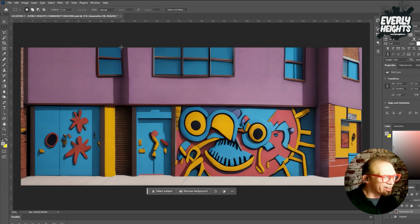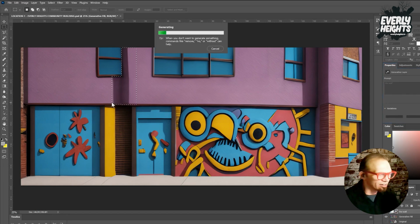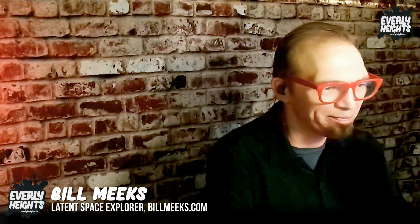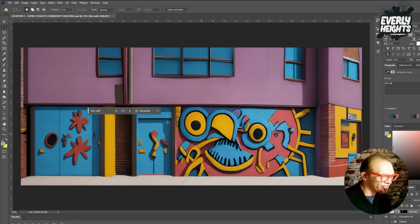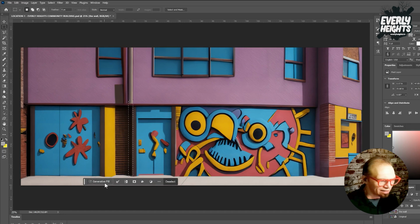Actually, after that, I don't like the shadow on this wall, so I'm just going to replace just the shadow on the wall here. And I'll type in the wall just to guide it a little bit. Hopefully that doesn't mess it up. Oh, I actually kind of like this because it looks like a drain pipe going down there. So we're going to merge that in. And that can give us some depth here too. Let's go ahead and generate the rest